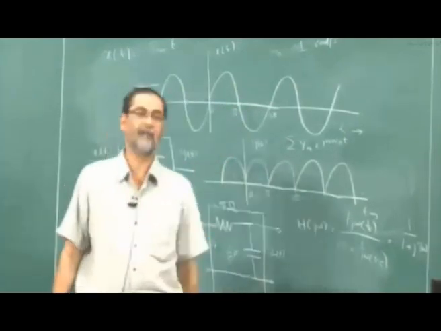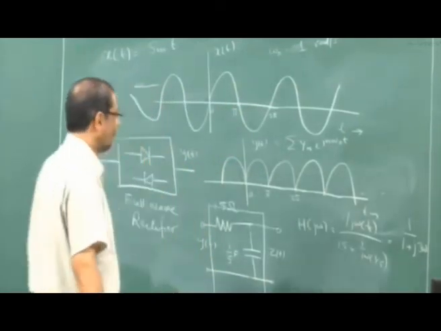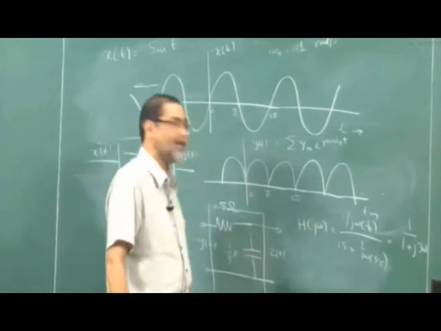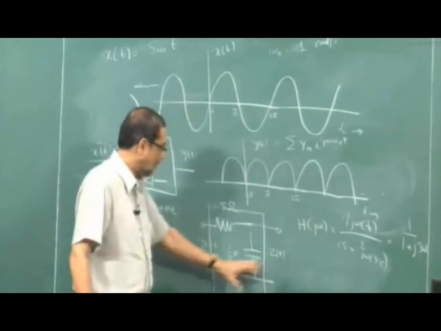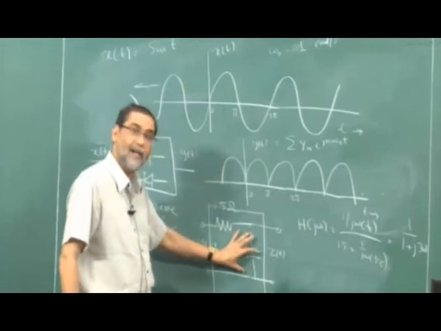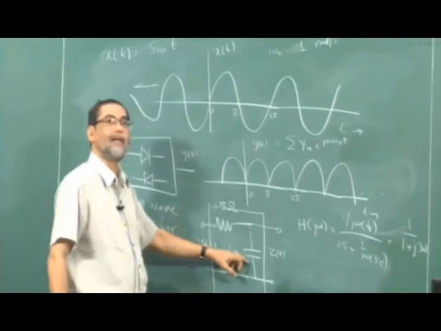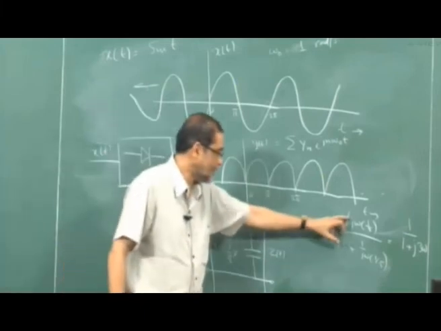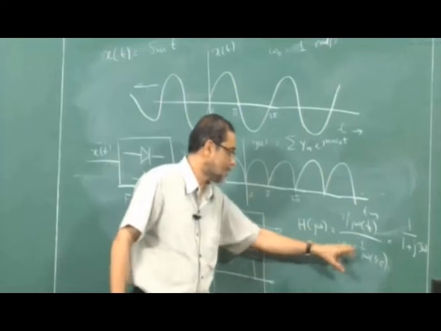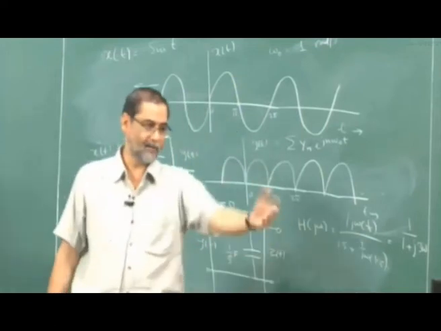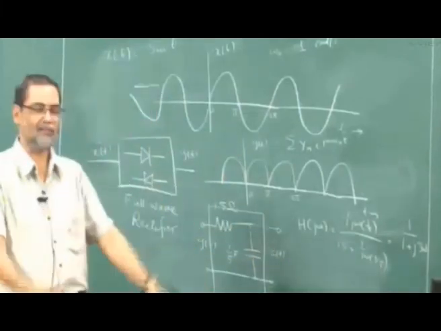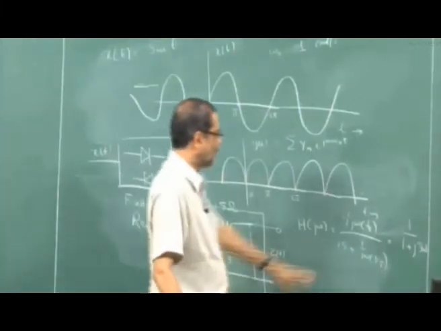That is what I have shown there in the slide. So the transfer function is 1 by 1 plus j3 omega, by writing it as a ratio of this impedance by the total impedance. So this impedance, 1 by j omega C, divided by R plus 1 by j omega C, and simplify it, because 5 and 15 have a relationship with a factor of 3, you end up with 1 by 1 plus